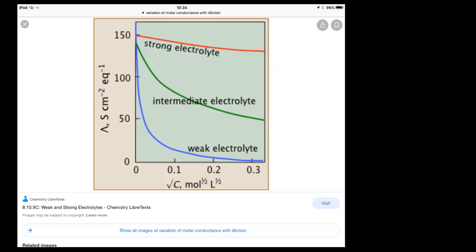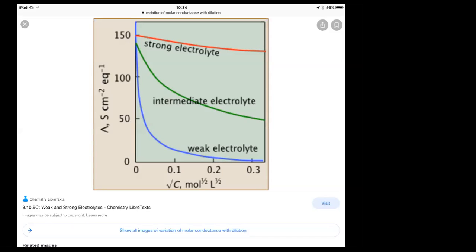How do you find 1 centimeter cube of a solution? You have to take 2 electrodes of 1 centimeter square cross-sectional area, kept 1 centimeter apart in an electrolyte, and the electrolyte is supposed to be within that. That 1 centimeter cube of electrolyte, the conductance is measured, and that is called the specific conductance. Always remember, the specific conductance will always decrease upon dilution, and the units for the specific conductance would be ohm inverse centimeter inverse.